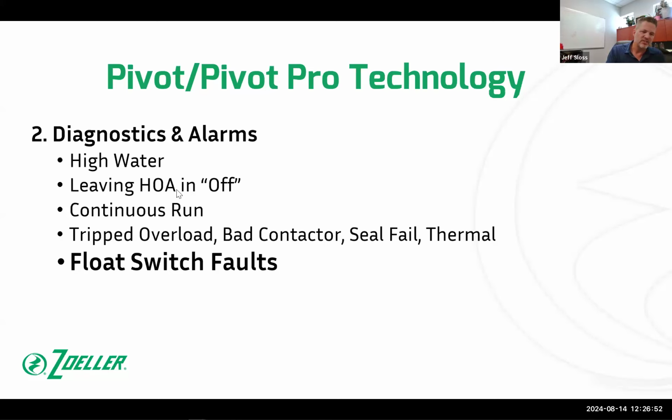If the pump runs continuous, the default setting is 20 minutes. If that pump is on for 20 minutes for any reason, it's going to trip an alarm. Now, maybe 20 minutes isn't the right number, so you can change that to whatever you need, whatever the contractor needs it to be. Maybe it needs to be shorter or longer. And then other things: tripped overload, bad contactors, the seal fails, and thermals. Those are all things that we can detect, and we want to be able to detect because we want the customer, the homeowner, the property owner to know